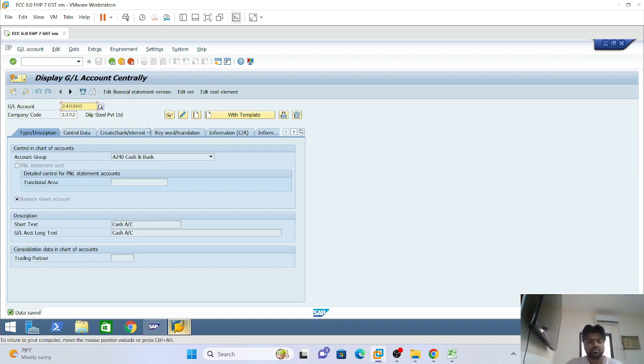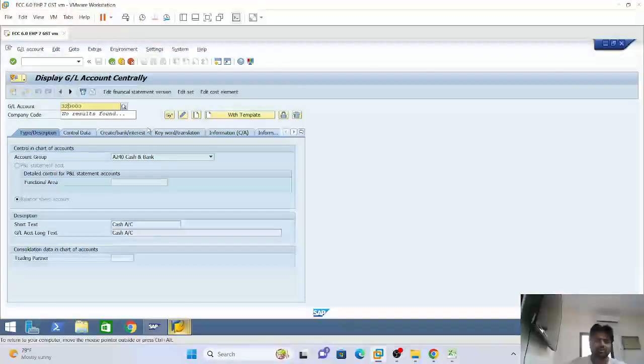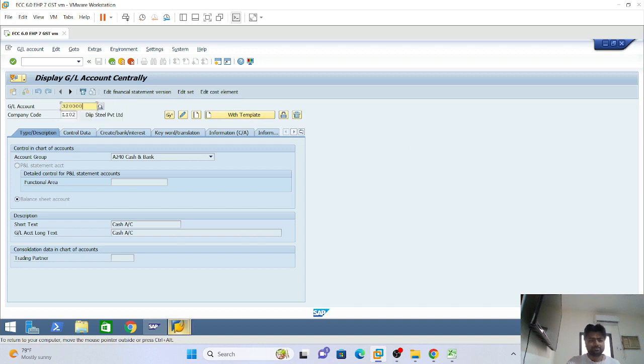Let's create the next GL. I have created a liability GL. I have created an asset GL. Now let's create an income GL, 3,20,000. I am randomly taking any GL, just for explaining purposes, so please don't get confused. So for GL account, please give GL account 3,20,000